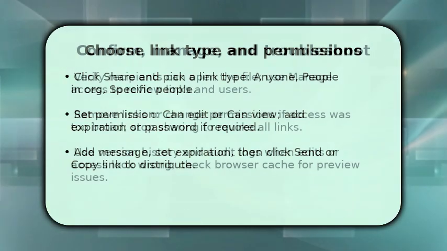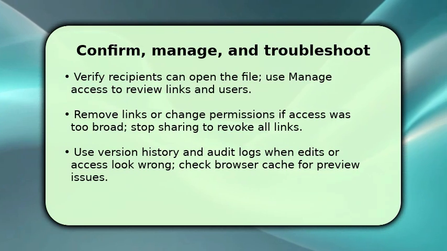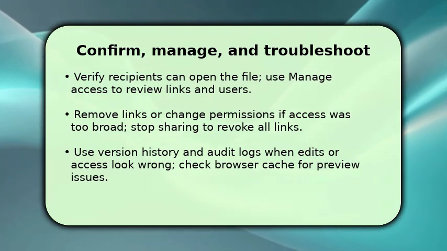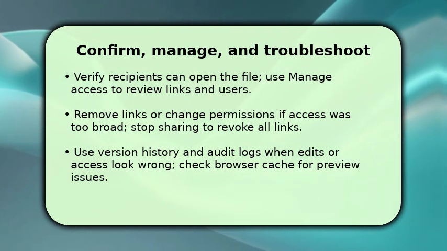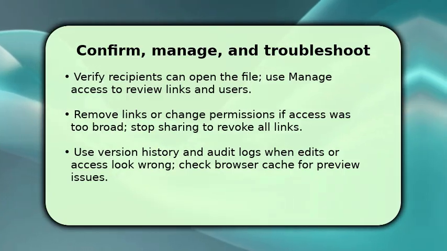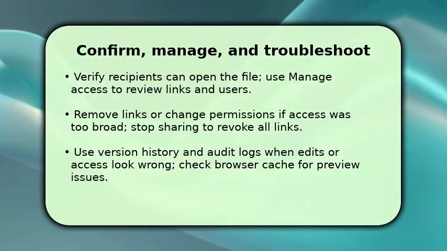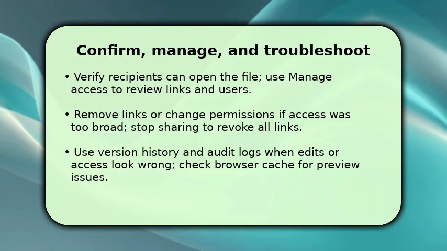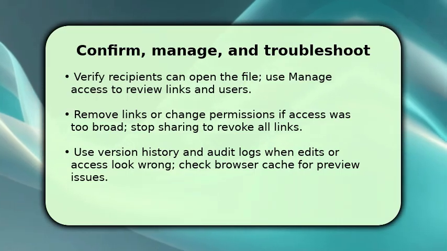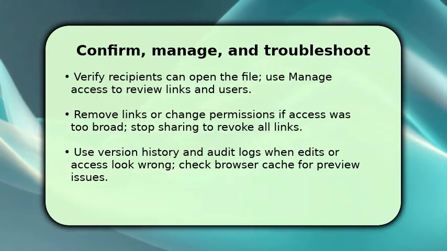Once the link is distributed, verify access by asking a recipient to open the file or using Manage Access to test links. If you find the link was too permissive, change it to specific people or stop sharing to revoke access immediately. For collaborative files, review version history to restore content if needed, and use audit logs to track who